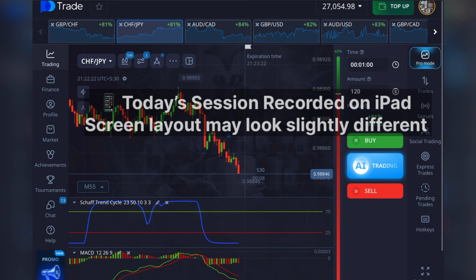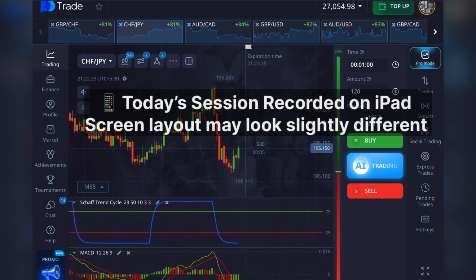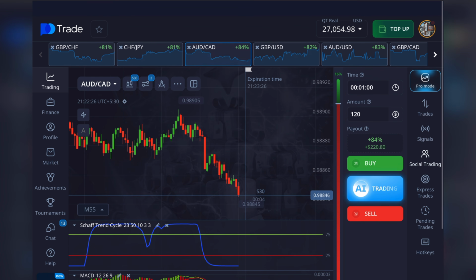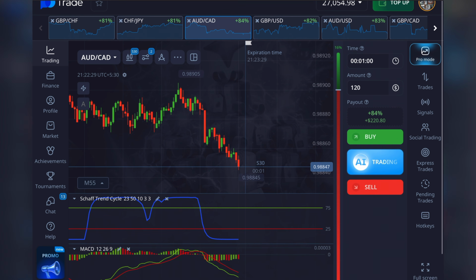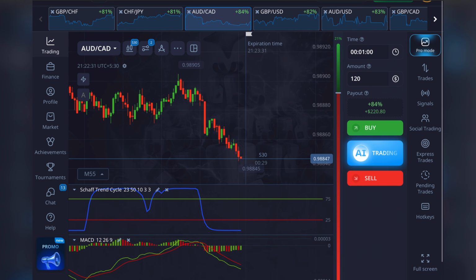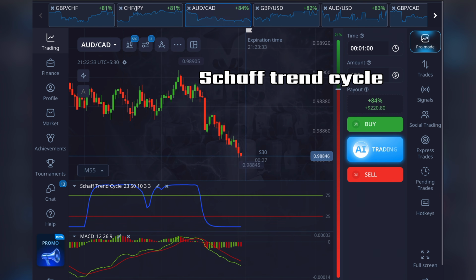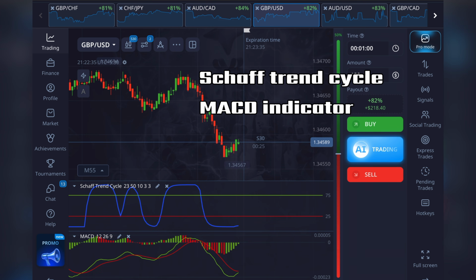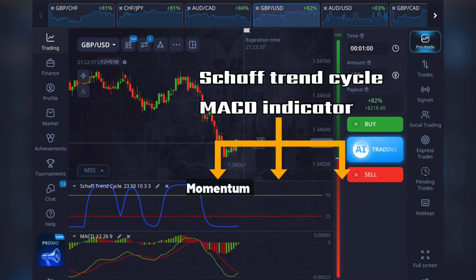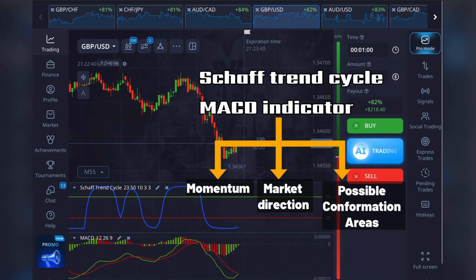A strong trading approach is not built by using more indicators. It is built by understanding how the right indicators work together. In today's session, I'll combine the Schaff Trend Cycle with the MACD indicator to study momentum, market direction, and possible